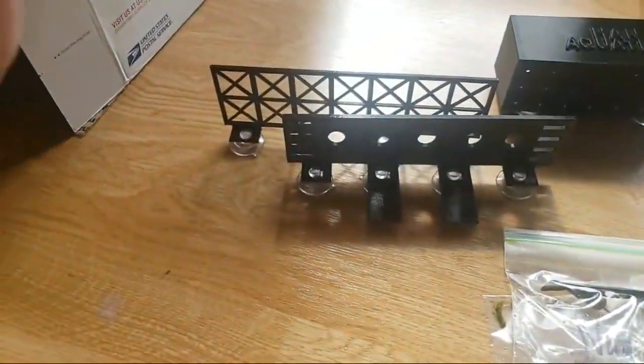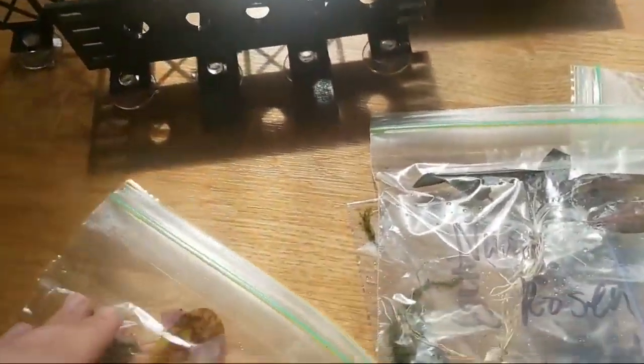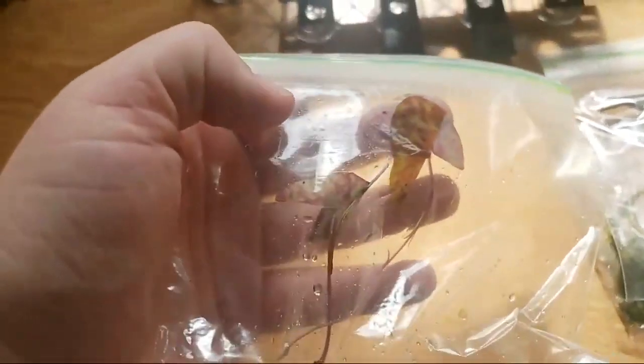So then this. Oh, yes. Awesome. So this is the one I've been searching for since I lost it. This is the Nymphaea micrantha, one of these guys. Is this the red or the tricolor? No, this is the purple. Thank you. So there's a tricolor version, a purple, a red, and one other version of this Nymphaea micrantha,